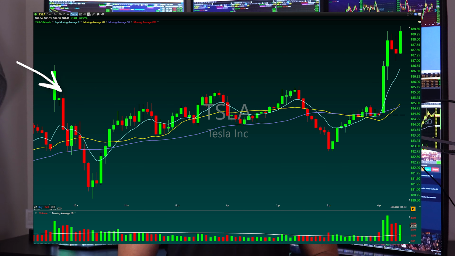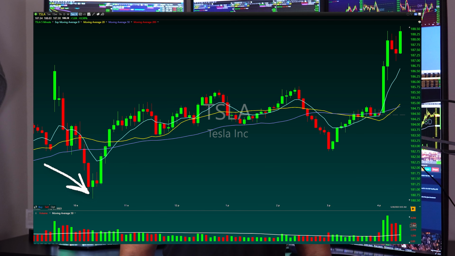But he had an awesome trade that we got into on Tesla. So Tesla spiked up to 187 on its gap today. And then what you started to see was that it just started to tank nonstop at the open in that first hour or so and got almost down to about 180. Well, Tesla has a $7 ATR. So while Tesla is starting to show these kind of bearish patterns in the 180, 181, 182 zone,